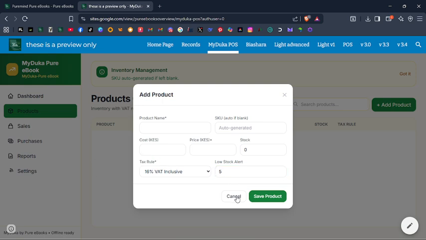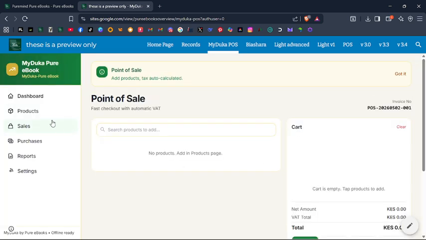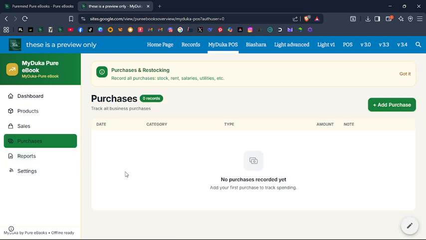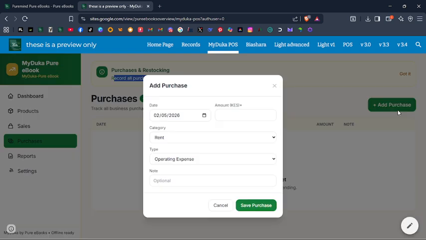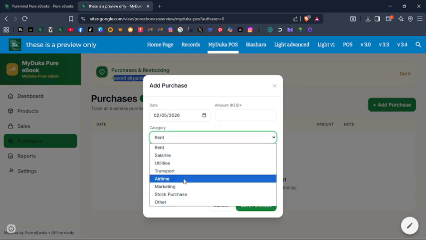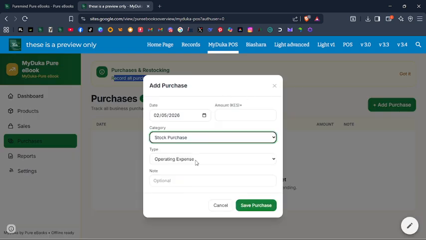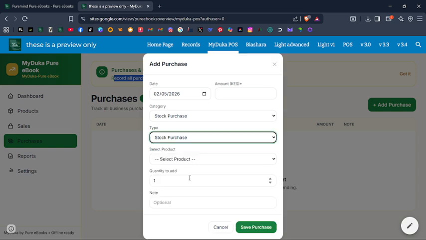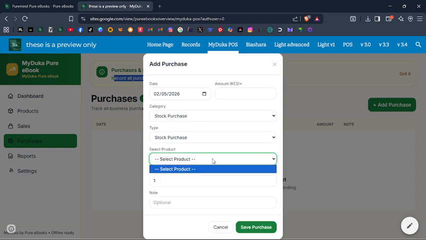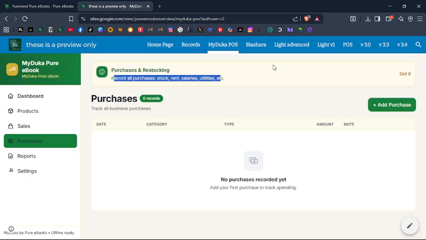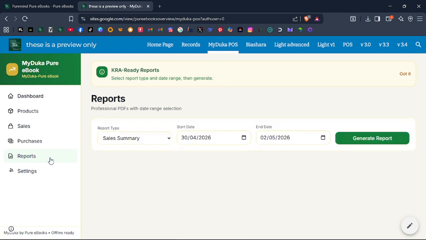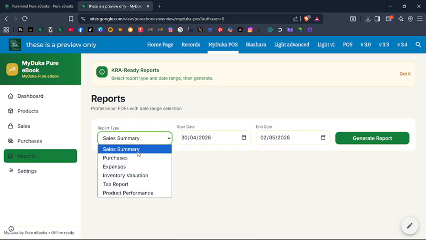It's a must because it will be used in the sales and also in the stock purchase restock. You can select the media category, stock purchase, and then you can select from the saved products. Reports, summary, expense,